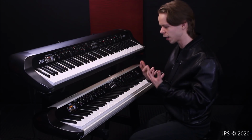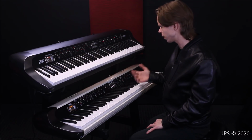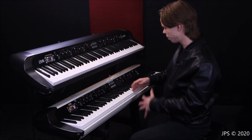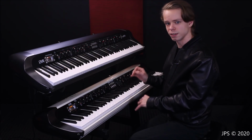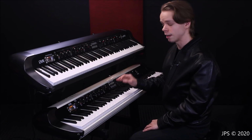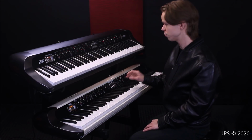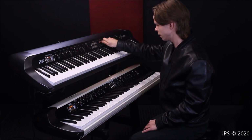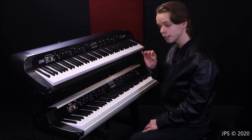It really has this natural distortion that sounds really great. The SV-1 does have a distorted rock organ sound, but it's not quite as good. Between the 2, I think I prefer the organ sounds of the SV-1. I mean, SV-2, excuse me. The SV-2, I think, has the better organ sounds. They're pretty good. The final category here is the others category, and this, I think, is where the SV-2